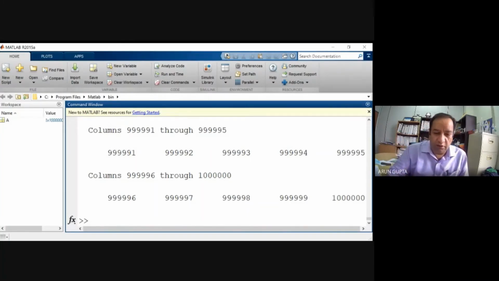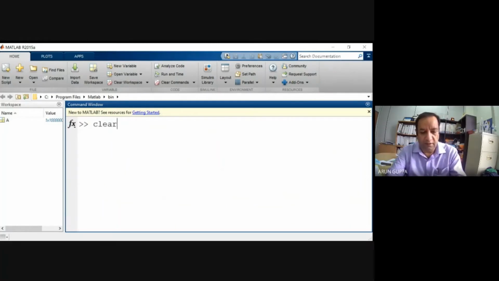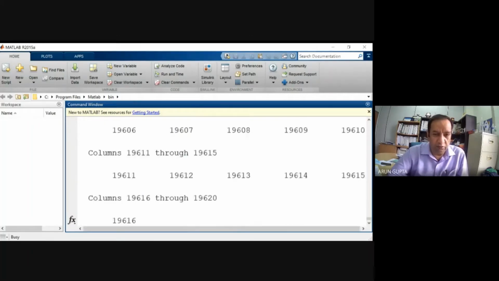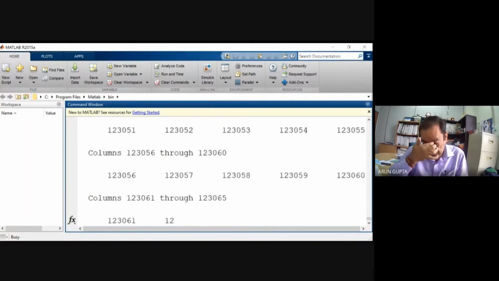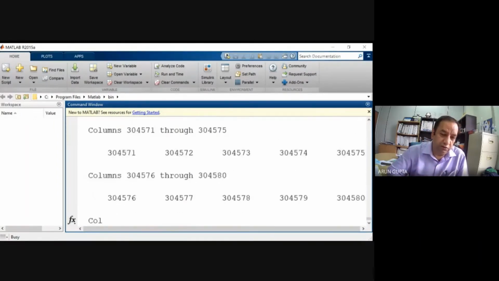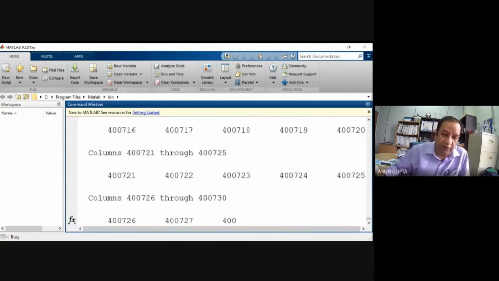So if you get stuck like this, suppose we say CLC, clear, A equals 1 colon 1, 2, 3, 4, 5, 6, 7. Suppose I want to generate the numbers from 1 to a lot of zeros. You can see that it will keep on calculating. But if I don't want to wait and I want to stop,